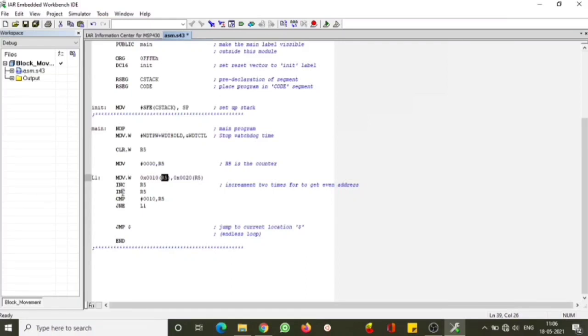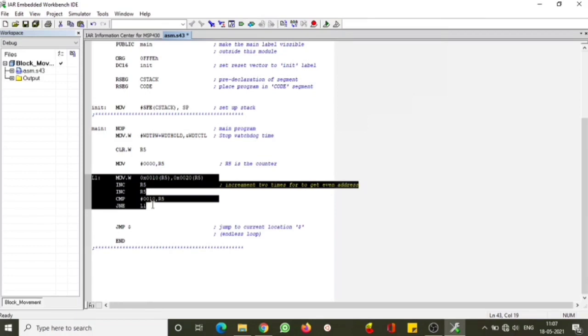In indexed addressing mode you can use it at the source end and also at the destination end. Both are allowed. Here we are incrementing R5 by twice each time because we are moving word data. At a time we are moving the complete word, and registers actually move in bytes, so we are incrementing it twice. Then we are comparing the value of R5 to make sure that all 10 values are completed. Once all 10 values are done, we come out of the loop to end it. Till R5 reaches 10, it will keep running in the loop. The loop name is L1. So L1 starts here and ends here. So this is what the program is all about.